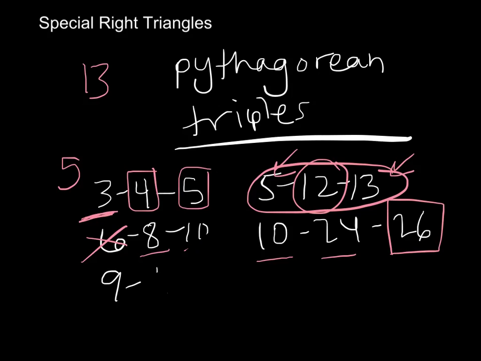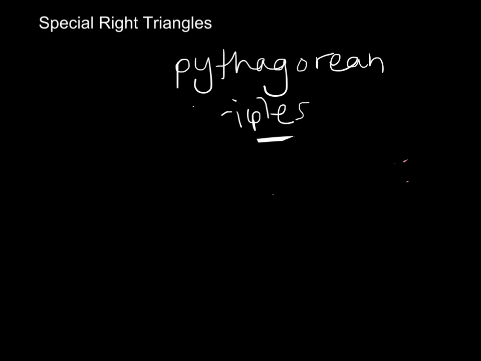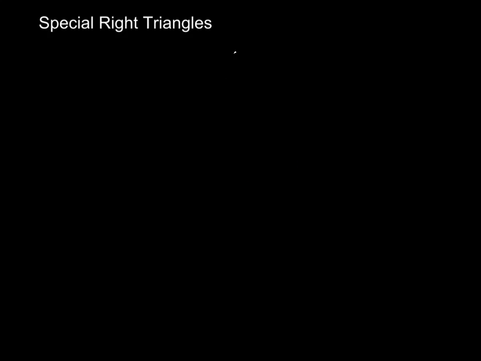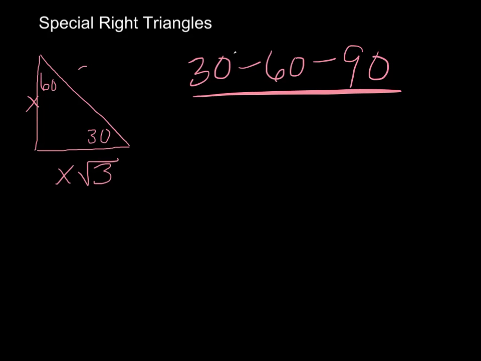Alright, so we have Pythagorean triples, but we also have two other new relationships that we want to take a look at. The first type is what we call a 30, 60, 90 triangle. The reason this comes into play is because I'm going to have one angle that's 30, and one angle that's 60, because 30 plus 60 plus 90 gives me 180 for the sum of the interior angles of my triangle. The relationship is my short leg, I'm going to call x, and the short leg is the leg that is across from the smallest angle. My long leg, which is across from my 60-degree angle, has the relationship of the short leg times the square root of 3,